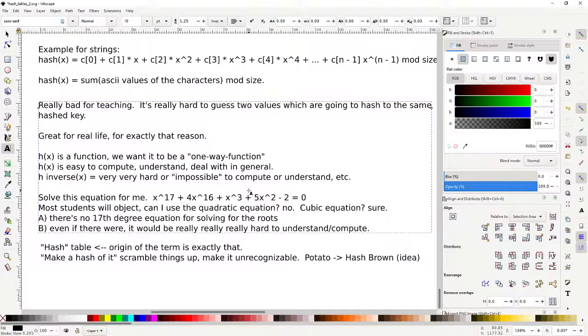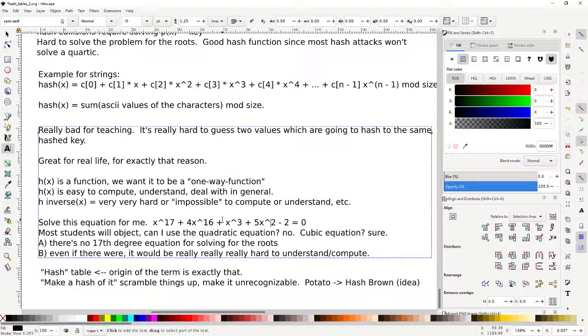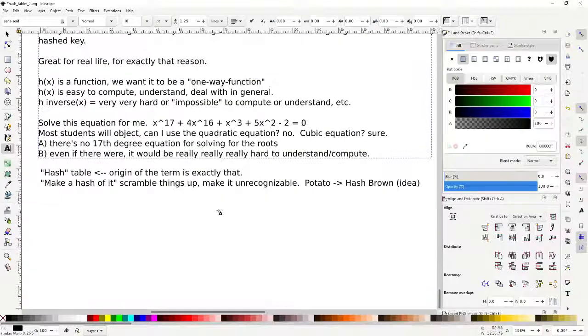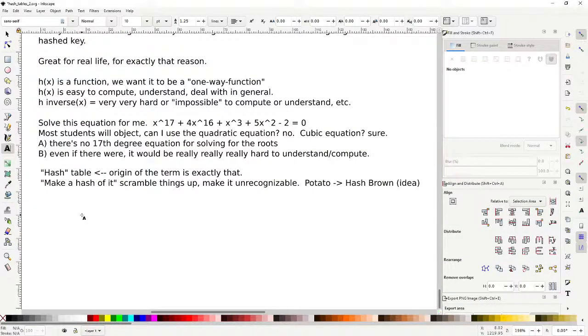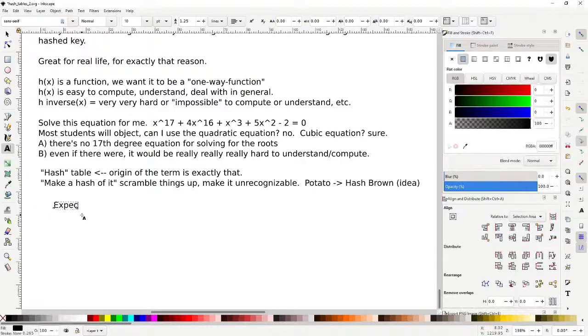All right. I think that's really all I have to say about hash tables. Basically, the expected case of insert and find is going to be O of 1, but the worst case